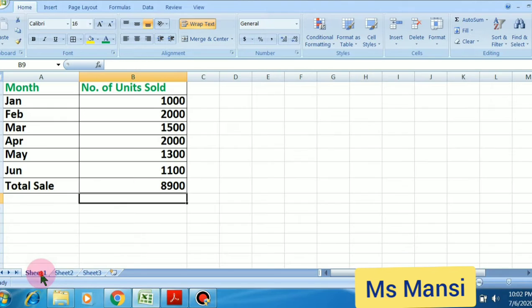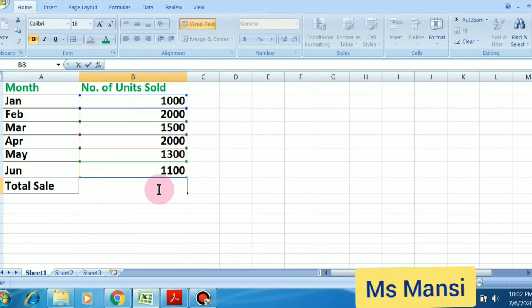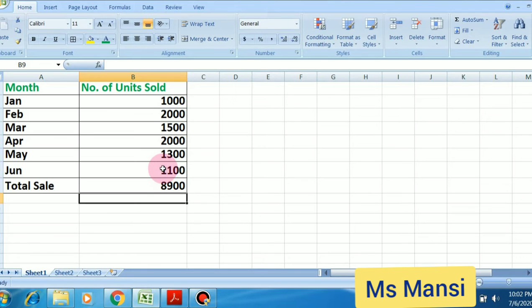In the previous example also, if you don't want to write the cell address, you can simply select, for example, is equal to B2 plus B3 plus B4 plus B5 plus B6 plus B7, and then you press enter.